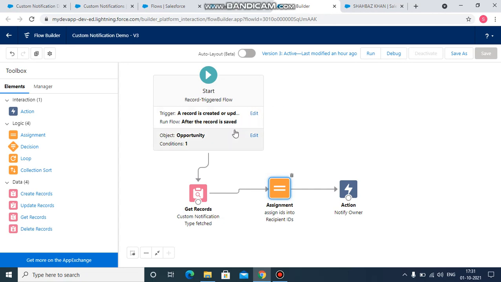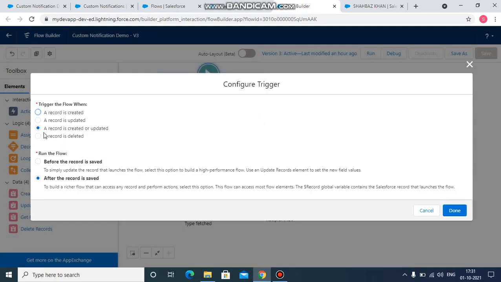In a record triggered flow, there are entry criteria that need to be met in order to proceed further with the execution of all the elements. So let's see what is in the first one. The first one says that this triggers the flow when a record is created or updated. Also, when to run the flow is after the record is saved. So when an opportunity is updated or created and it is saved into the database, then proceed further with the